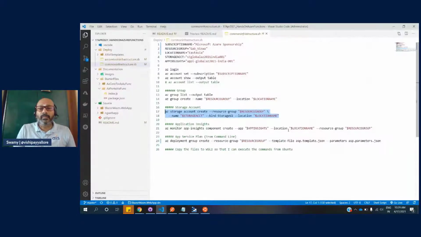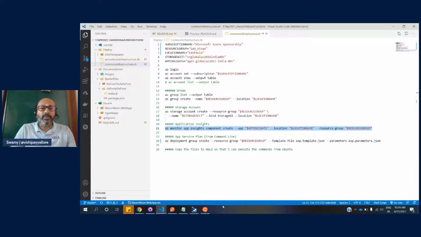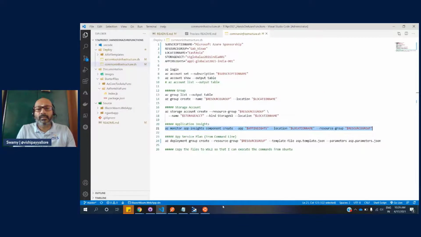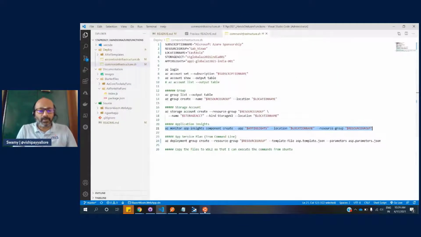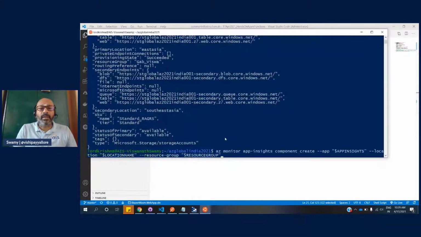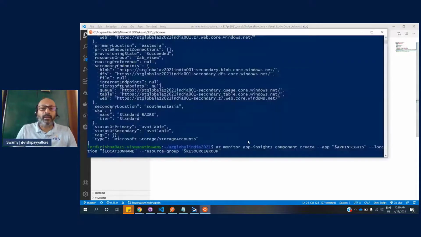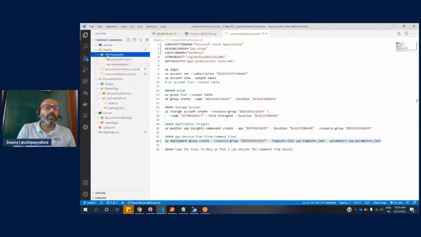and then we'll create an application insights and an app service plan. We can reuse this one in the interest of time. Let's reuse that. Okay, it took less time. So the next one is I'm creating the application insights, and then I will create a hosting plan. For that hosting plan, I just created a small ARM template.